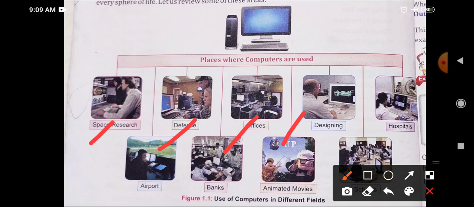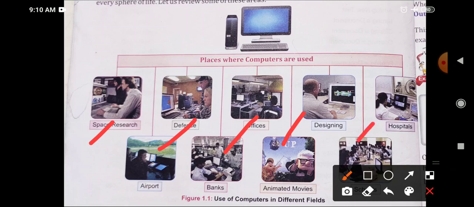For example, when automobile companies are creating a car or a bike, they create a design of that car, and also see in that software how it will work after designing, right? So this way the designing industry works through computers, right?